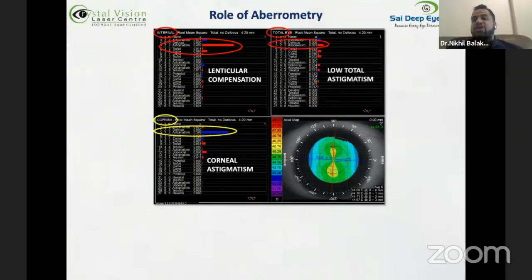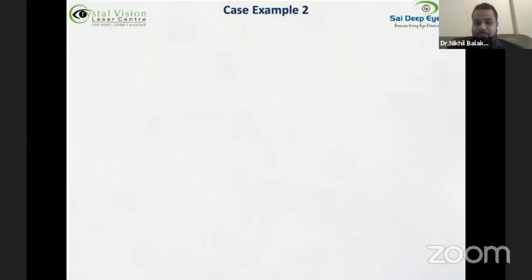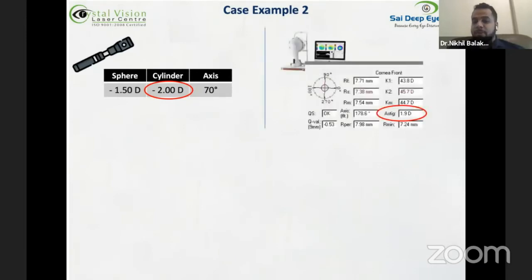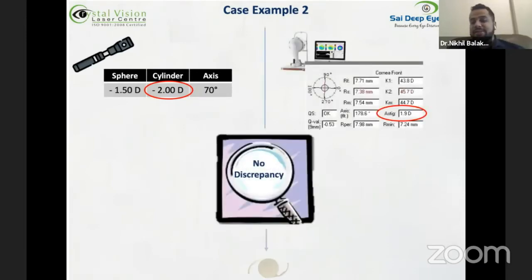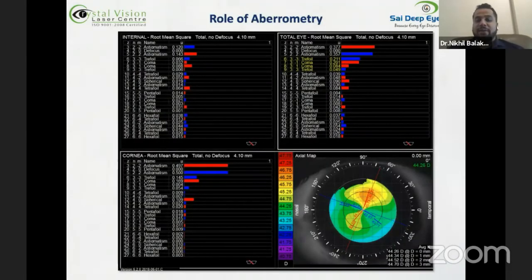And that is why overall the patient has a low total astigmatism and he is accepting a very low amplitude of cylinder. But on removal of the lens, the corneal astigmatism will be manifested, and hence this patient would do well with a toric IOL. A second example here, the patient accepts a cylinder of 2 diopters and even the topography shows a similar value. No discrepancy in this case, and a toric IOL can very well be planned for this patient, which is again proved by the aberrometry, which shows the corneal astigmatism to be high, very low internal astigmatism, and that is why the patient accepts also preoperatively a high cylinder.